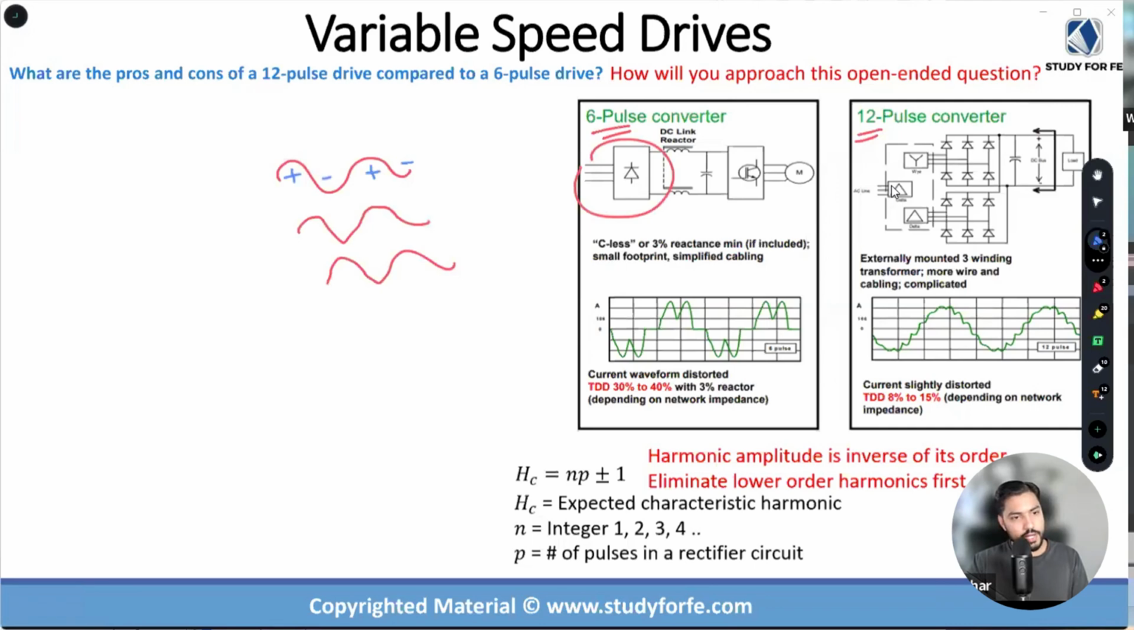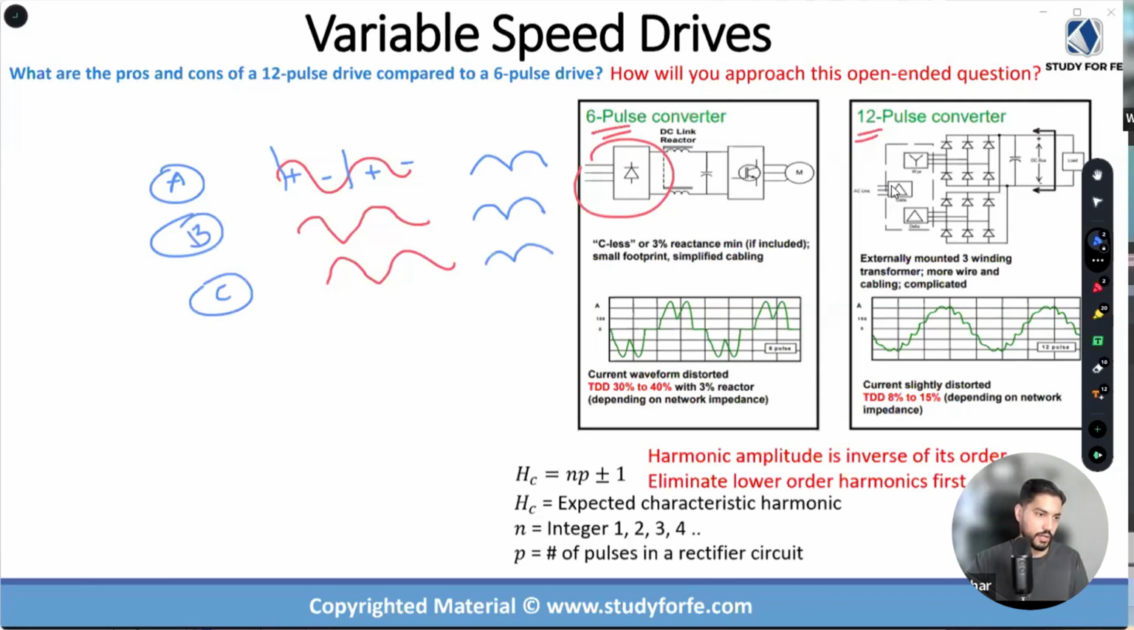So from phase A, if I do a full wave rectification, I'm going to get 2 pulses, right? For one full cycle. Correct? Phase B, same story. It is going to give me 2 pulses, right? And phase C is same story. It's going to give me 2 pulses. For a 3-phase system, when I do a full wave rectification, I get 6 pulses. So that's this. Now for a 12 pulse rectifier, as I explained in the program as well, we have a